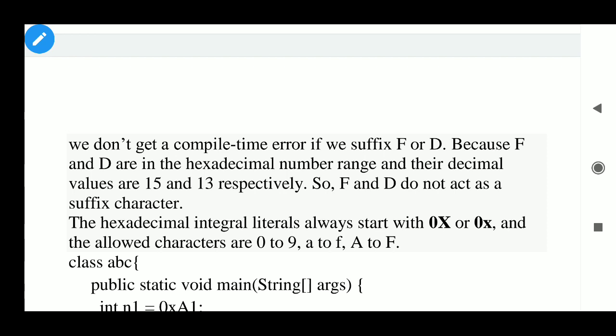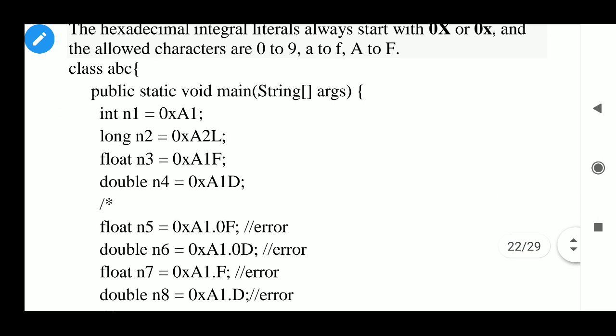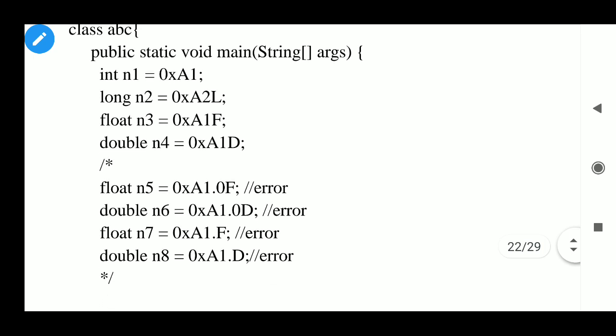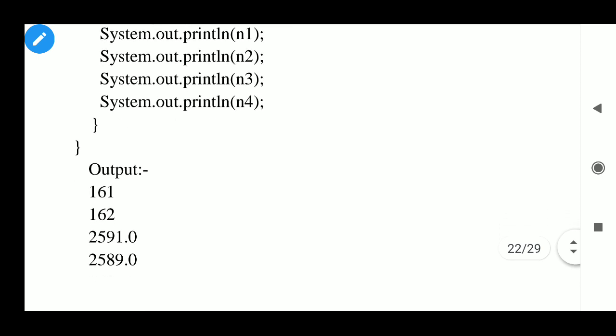So F and D do not act as suffix characters. The hexadecimal integral literal always starts with 0x or 0 small x and allowed characters are 0 to 9 and A to F. So you can see here some errors are there, some valid statements are given in this program, and if you print it, the output will be like this.